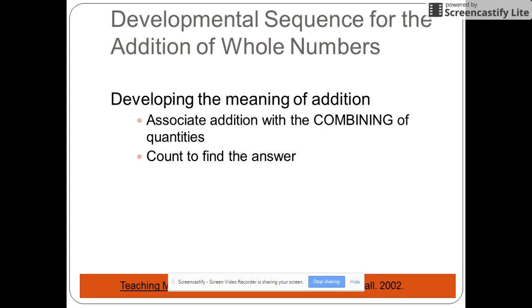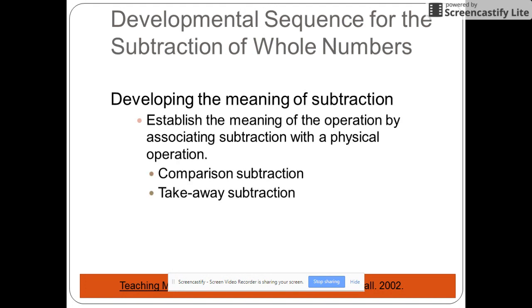This association should be so strong that when children see 3 plus 4, they visualize 3 things being combined with 4 things. When seeing a situation where quantities are being combined, the child thinks, oh, that's addition. And you're going to give them a lot of opportunities with this, which we'll talk about in class. For the developmental sequence for subtraction of whole numbers, remember you're using those terms taking apart and taking from to help them